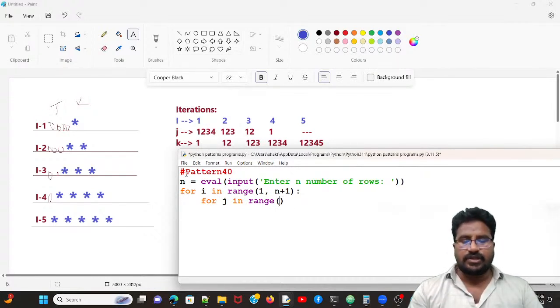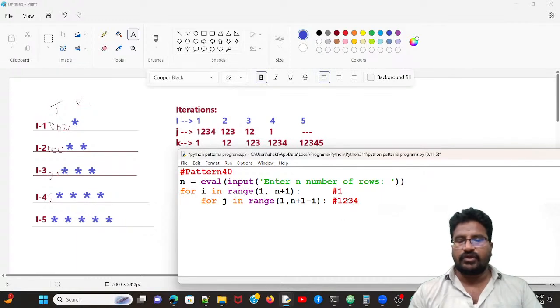so j 4 times should iterate. Let's take n minus i, n means 5. 5 minus 1 is 4, 4 before 3, 3 times only coming. Then n plus 1 minus i. n means 5, 5 plus 1 is 6, 6 minus 1 is 5, so 5 before 4, 4 times, correct, right, all of you. So we'll take here when i value 1, then j iterating how many times now? When i value is 1, n plus 1, 5 plus 1 is 6, 6 minus 1 is 5, 5 before 4,